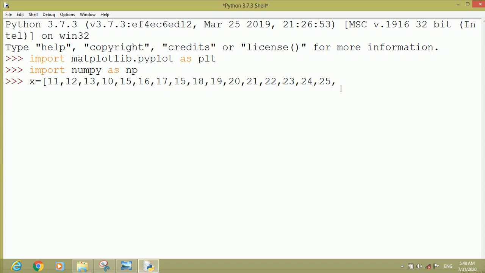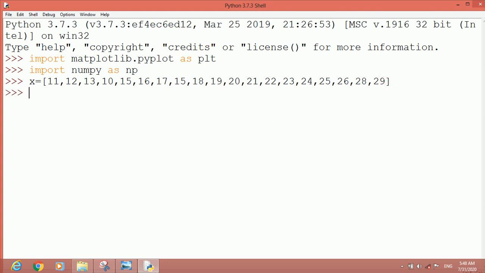So let us type 26, 28, 29. This is 3 data items between 25 to 30. So now data items are over. Let us count how many data items in total. There should be 19. 1, 2, 3, 4, 5, 6, 7, 8, 9, 10, 11, 12, 13, 14, 15, 16, 17, 18, 19. Okay, it is fine. 19 data items are there.